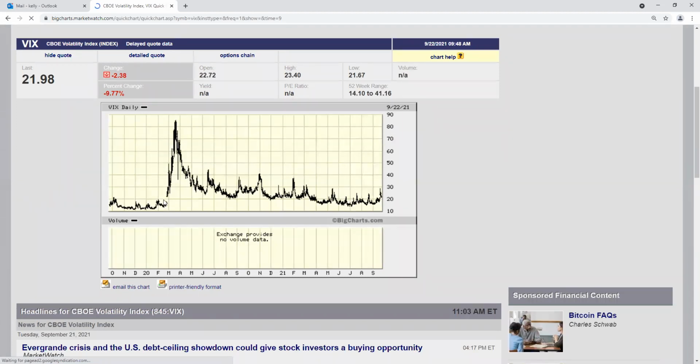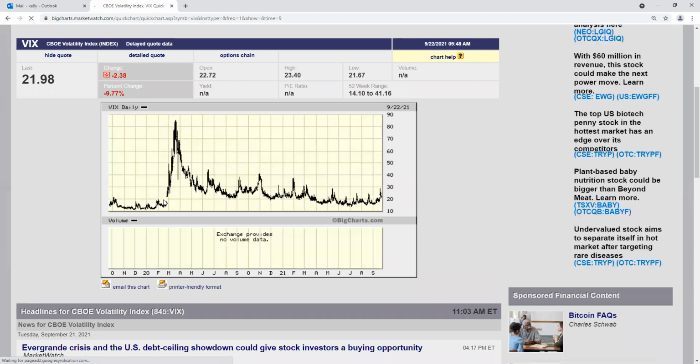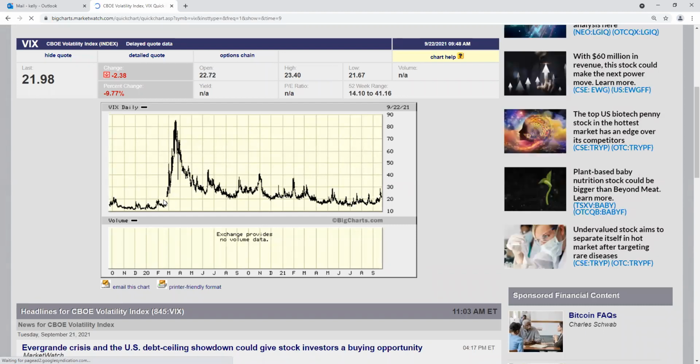So the VIX going back 2 years here, my view is the VIX has levels that are very important. When the VIX is between 10 and 15, you'll see the stock market is generally doing quite well. We're going to go back and show you the S&P. Can you see right here, we're between 10 and 15 pretty much the entire time in the fourth quarter, at the end of 19, going into the beginning of 20. So there's your 10 to 15 area.